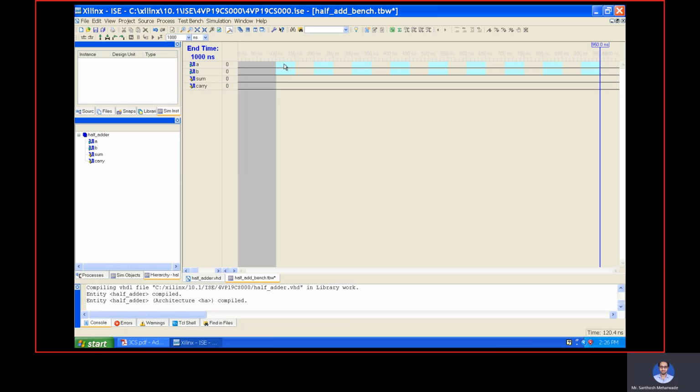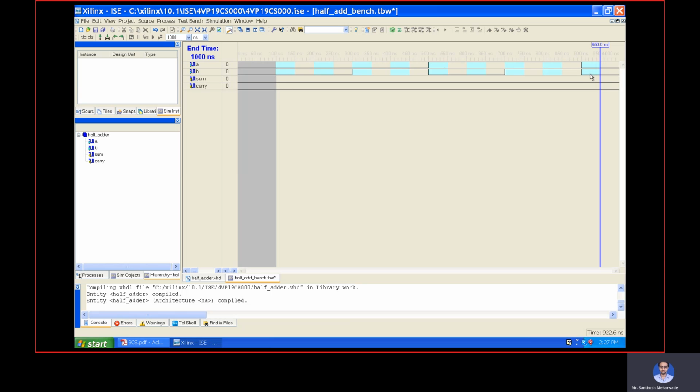That is nothing but 0, 0 here. Here also I will keep 0, 0. What will be the next one? That is 0, 1. Next one I will keep as another 0 and 1, as it is. Next I will go for 1, 0. Let me keep this one also 1, 0, and here I will keep it as 1. Then 1, 1, and here also 1, 1, and finally I will go for 0, 0.